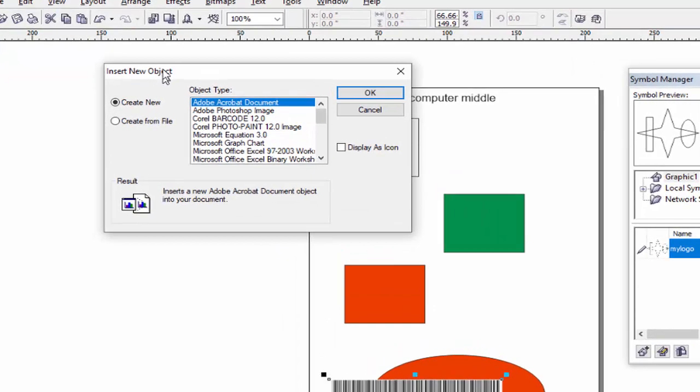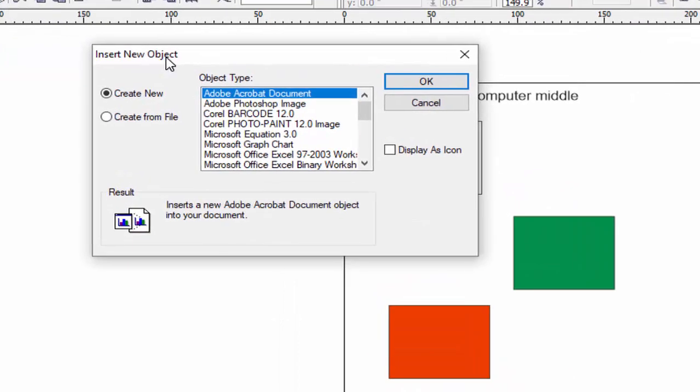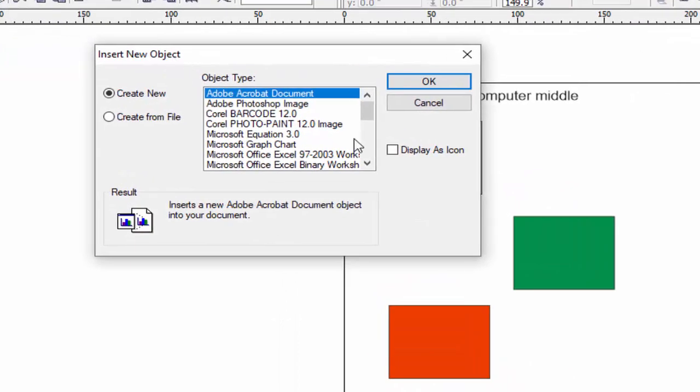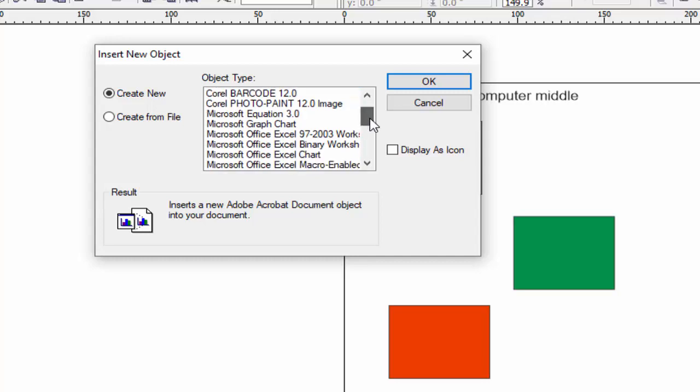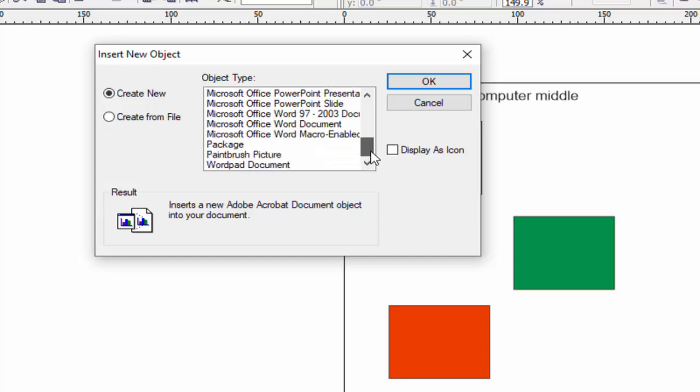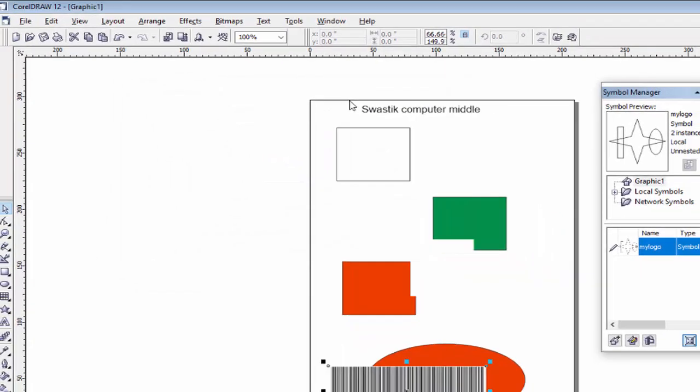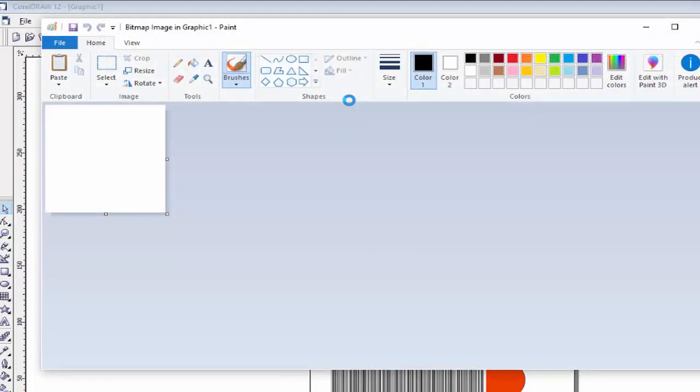You will see the insert new object dialog box open on your screen, and then you can select any software you want to open in Corel, like Microsoft Excel, Microsoft PowerPoint, Microsoft Word. See this paintbrush picture, you can open Paint, then press OK. You will see Paint opened in Corel, and you can create any design in this Paint.